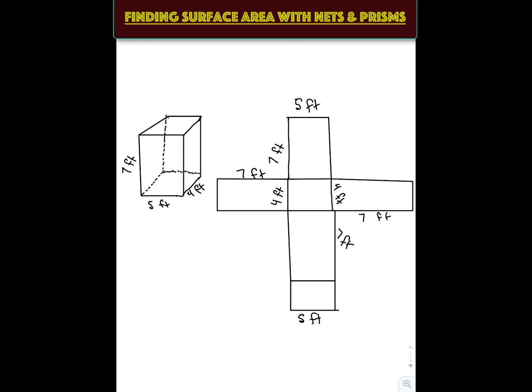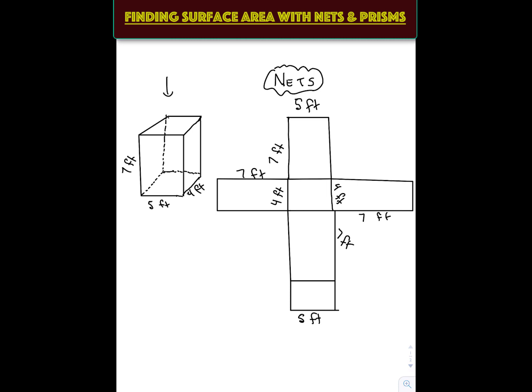Hey guys, it's Mr. Dugal, and today we're going to talk about nets and surface area. So first of all, our object on the right here is what we call a net. And nets are kind of like a flattened 3D shape. So in this case you have a rectangular prism over here to the left, and this is a picture of